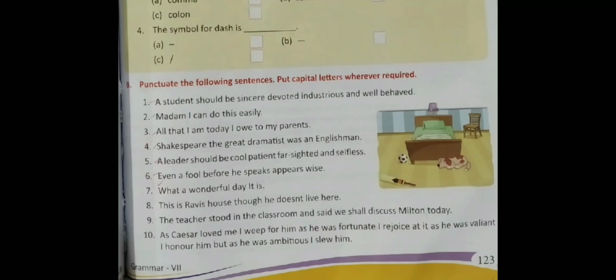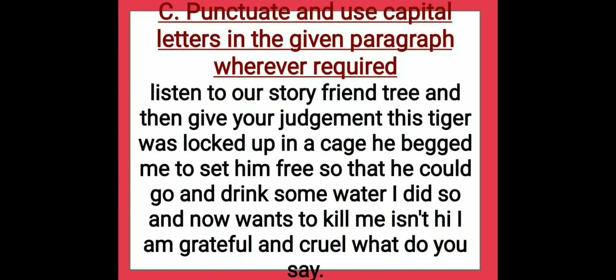Try it by yourself. Answers will be provided by us. Here, this is the C part. You have to punctuate and use capital letters in the given paragraph wherever required.